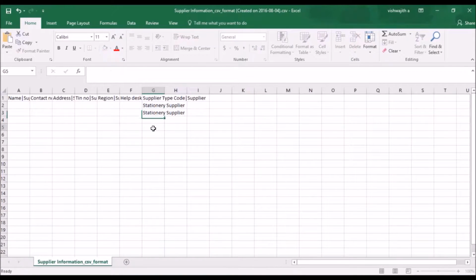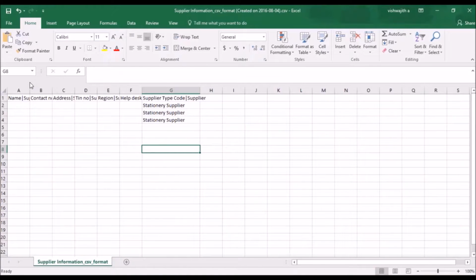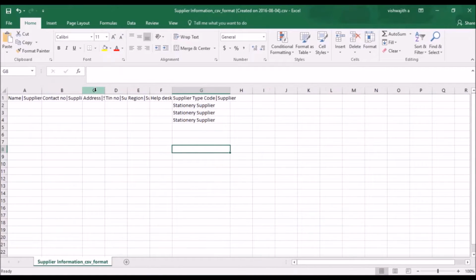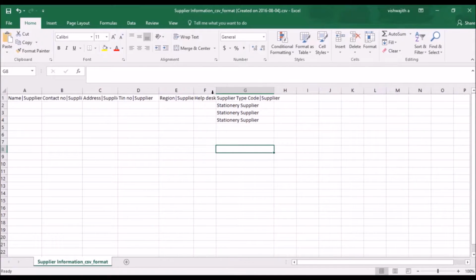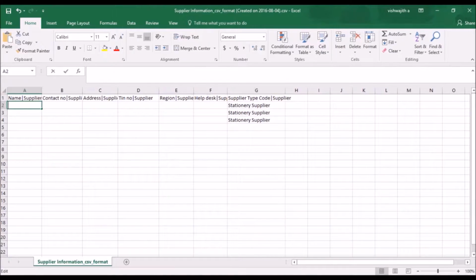I can add multiple rows like I did for store. Up to 200 rows are possible in this sheet. And I can enter other information as well. So let me fill in this information. That is the name of the supplier. I can have another row as well. And up to 200 rows, I can enter the contact information, address of the supplier,